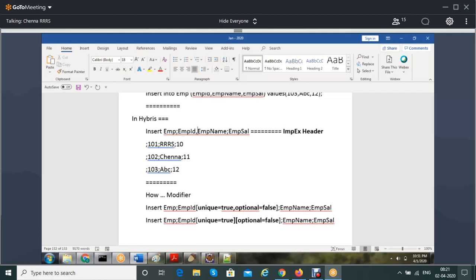You can use other delimiters instead of semicolon if you want. But generally companies use the semicolon in most of the cases. But if you want to change it, you can change it.